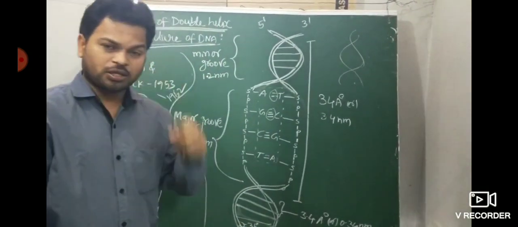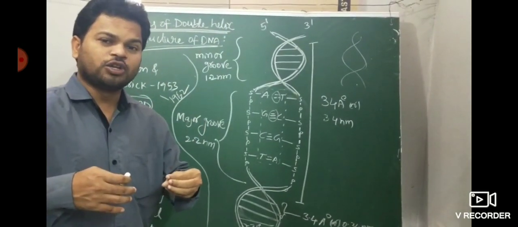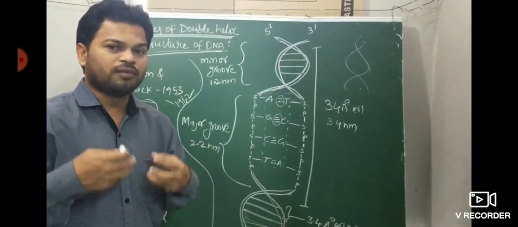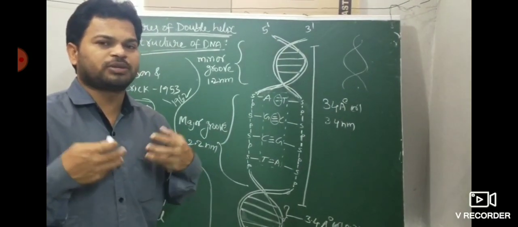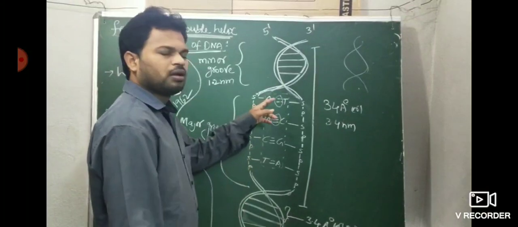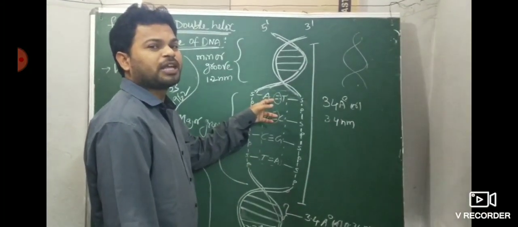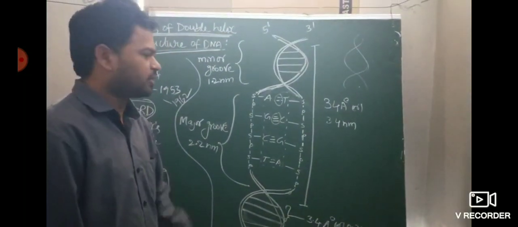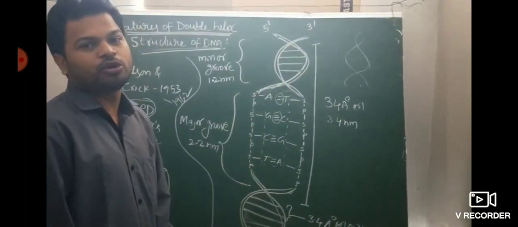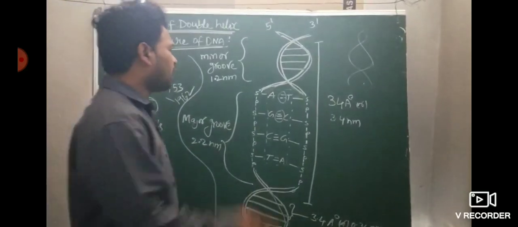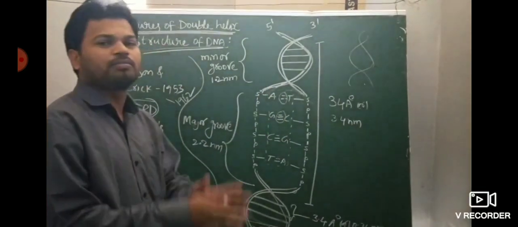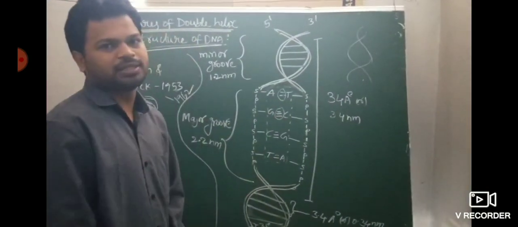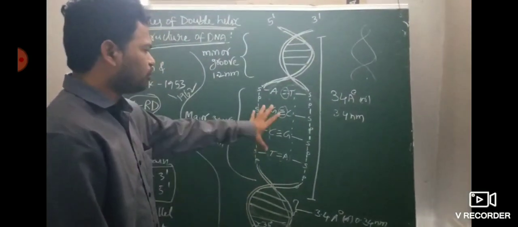Very important question. Which of the following things is mainly responsible for the uniform distance between the helix? It is nothing but purines pairing with the corresponding pyrimidines. That is very important. It makes a uniform distance between the 2 strands of the helix. This is a general information about this.